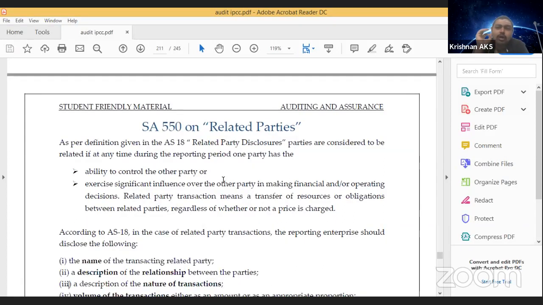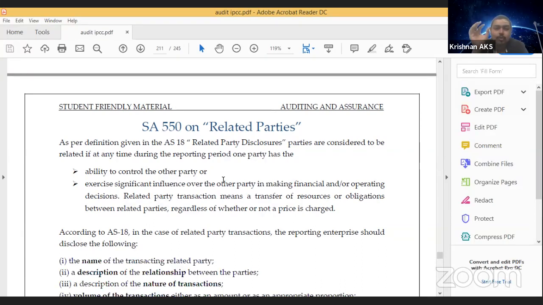Who are related parties? Related parties means, as per the Companies Act, Section 277 and Section 276 talk about related parties. For a company, it's the holding company, subsidiary company, associate company, joint venture company, directors of the company, key managerial personnel of the company, a company in which these directors and key managerial personnel are directors. Then any person who is controlling this company other than in a professional capacity, like a major shareholder or anything like that. Then all these key managerial persons' relatives, or a firm in which they are